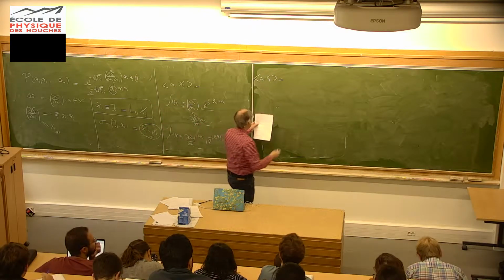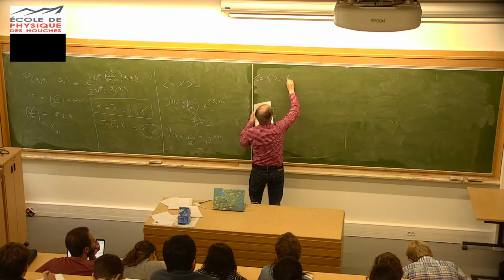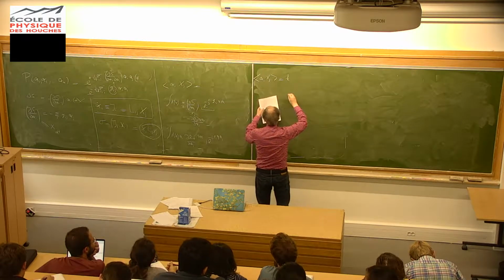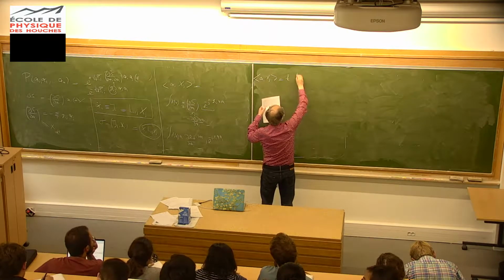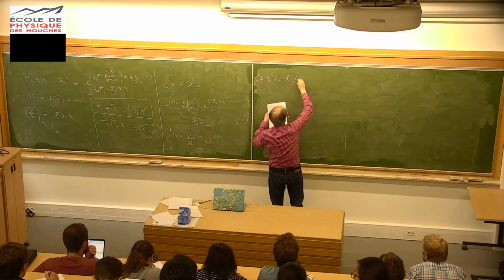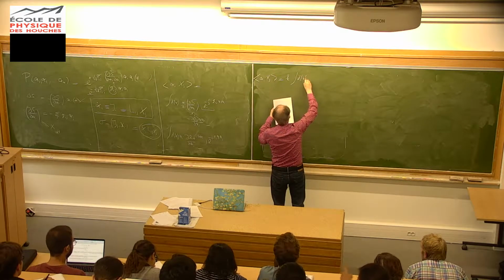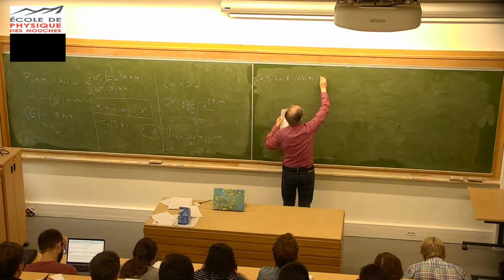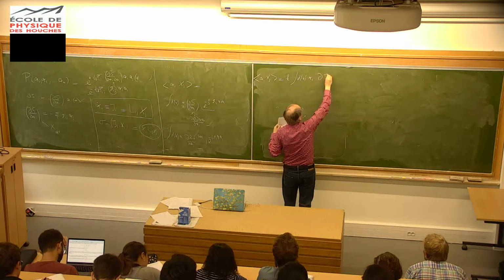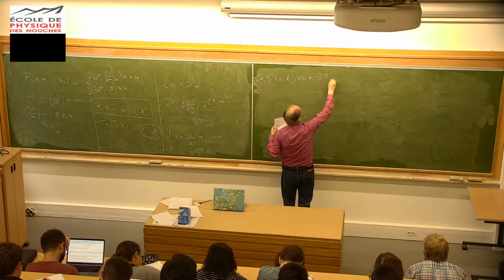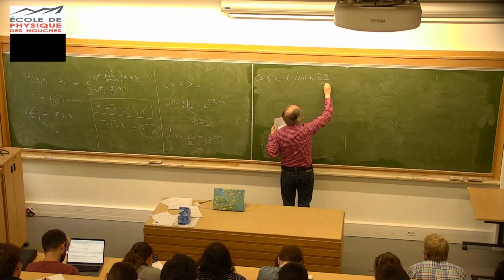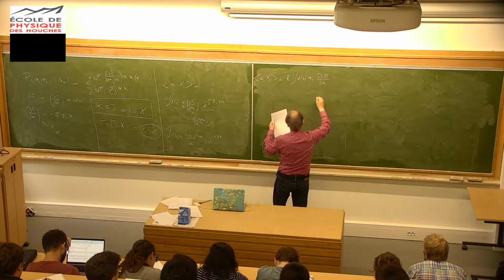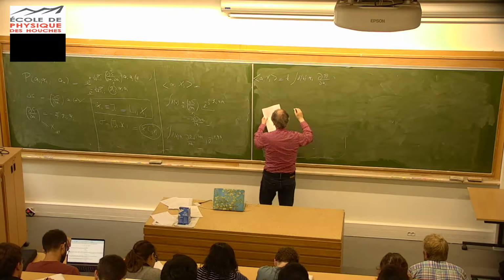So then I get that this thing is equal to k, and then the integration d alpha of alpha I, and then the derivative of this probability distribution d alpha j,